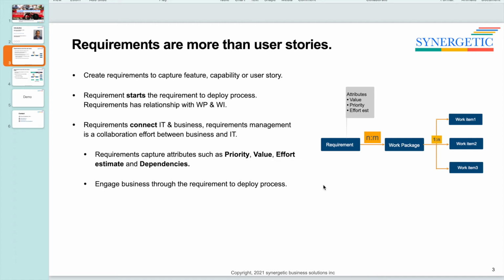An effort estimate, which is also a relative number, is given by IT to indicate what effort it takes to complete this requirement. Well, at the requirement stage, effort estimate is just an estimate which usually is not in terms of consulting hours or days. So requirement has all this information,